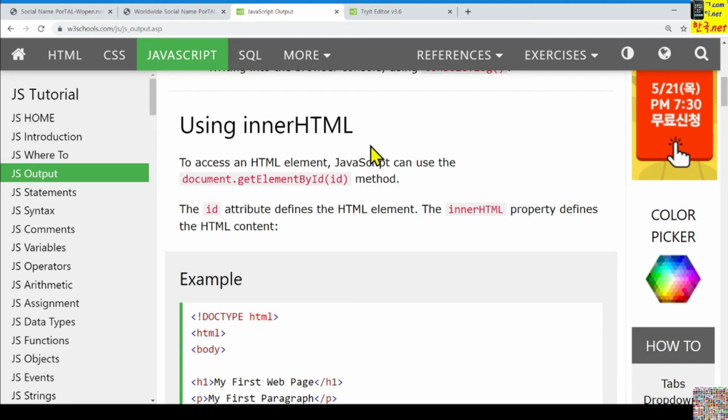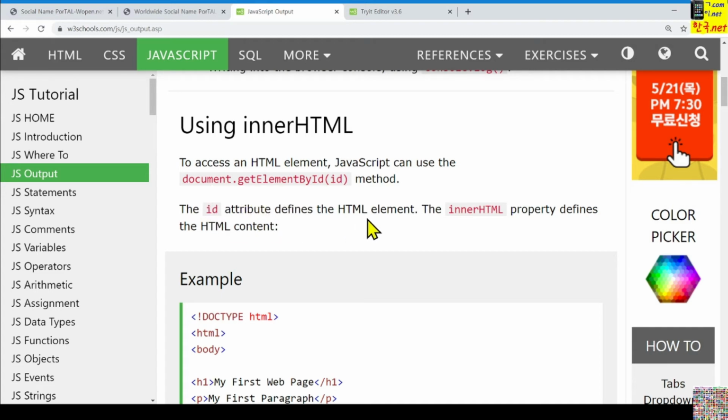First one, using innerHTML. To access an HTML element, JavaScript can use this. This one was introduced already, but let's look at it again here. This ID attribute, as we learned already, with this one we can differentiate between other elements.